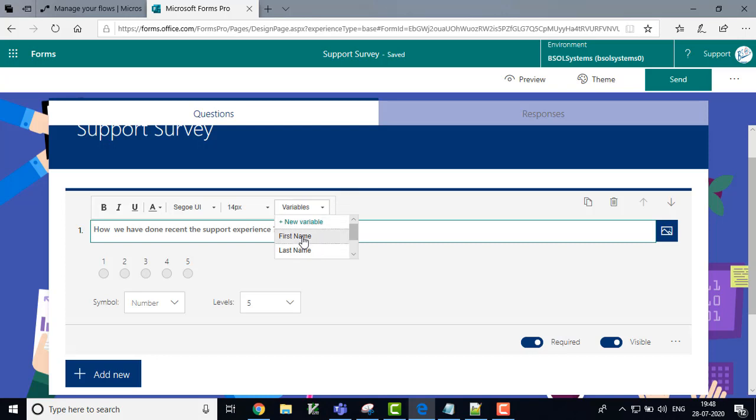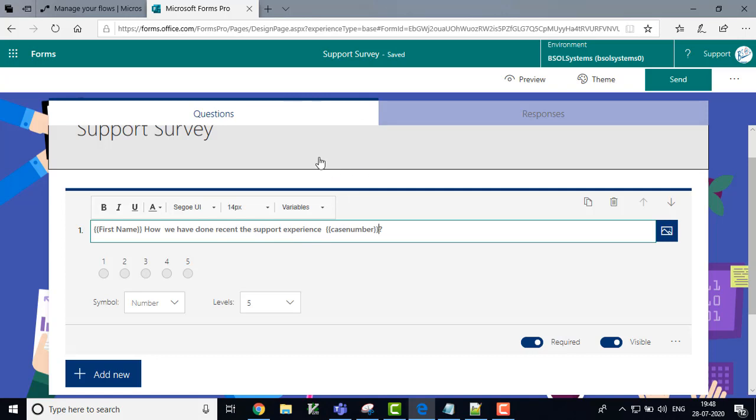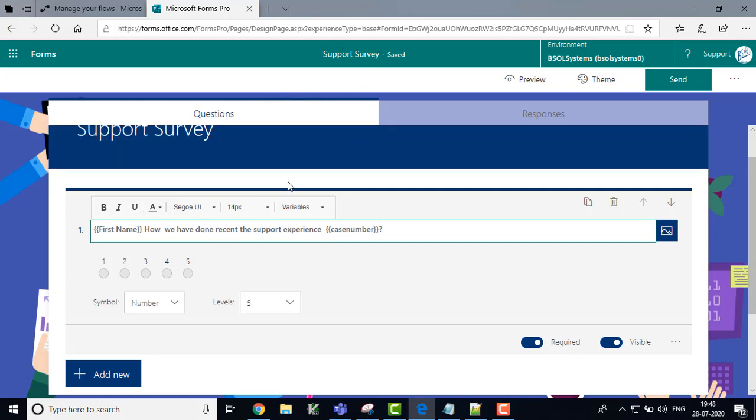I'm going to give the first name. Here I am going to give the case number. The survey is automatically saved. So we have mentioned the survey variable in our form.